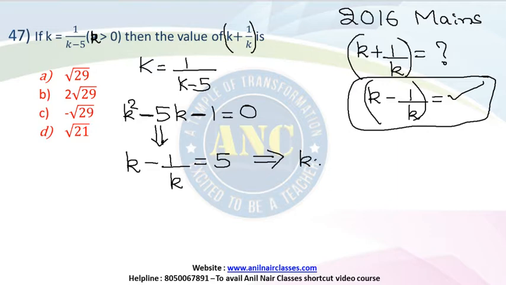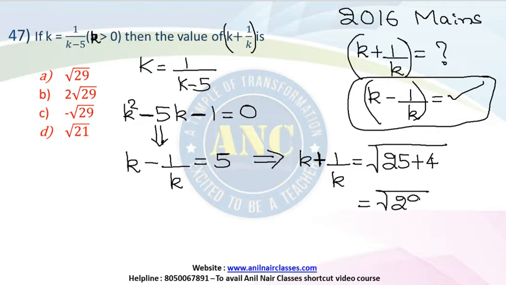So (k + 1/k) will be equal to plus or minus the square root of, because it is plus here, 5 square plus 4. That means 25 plus 4. The answer for this question is square root of 29. I am sure that everyone is able to understand